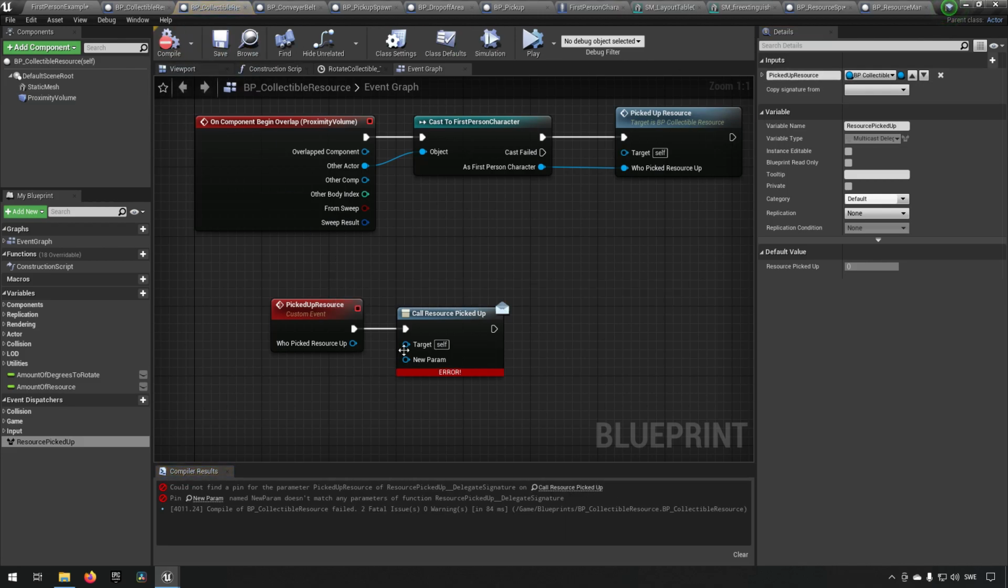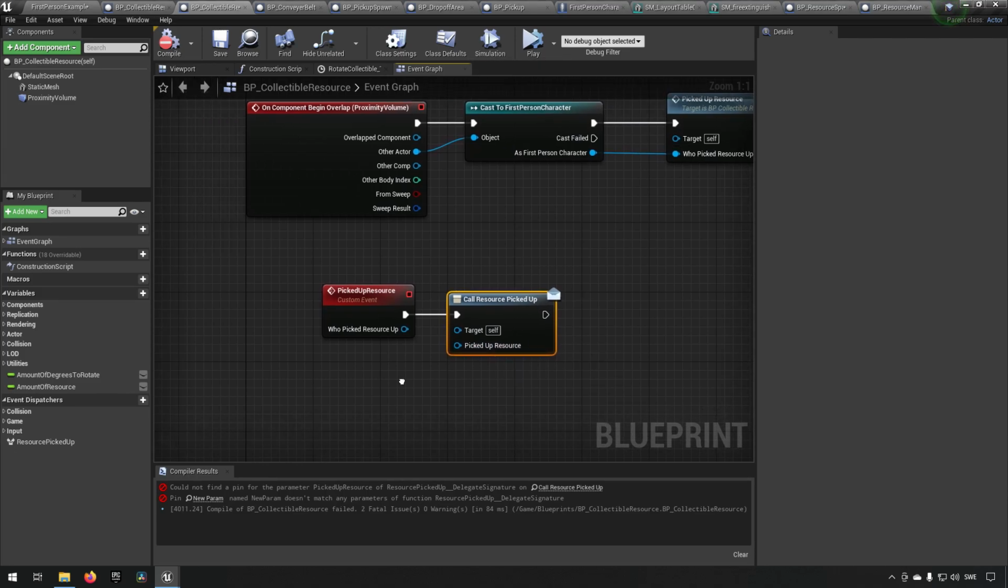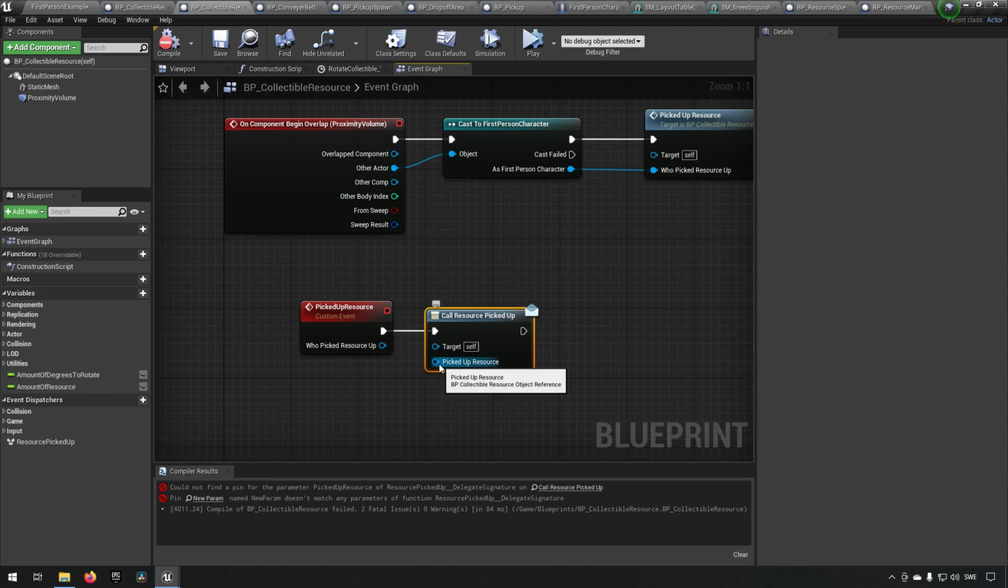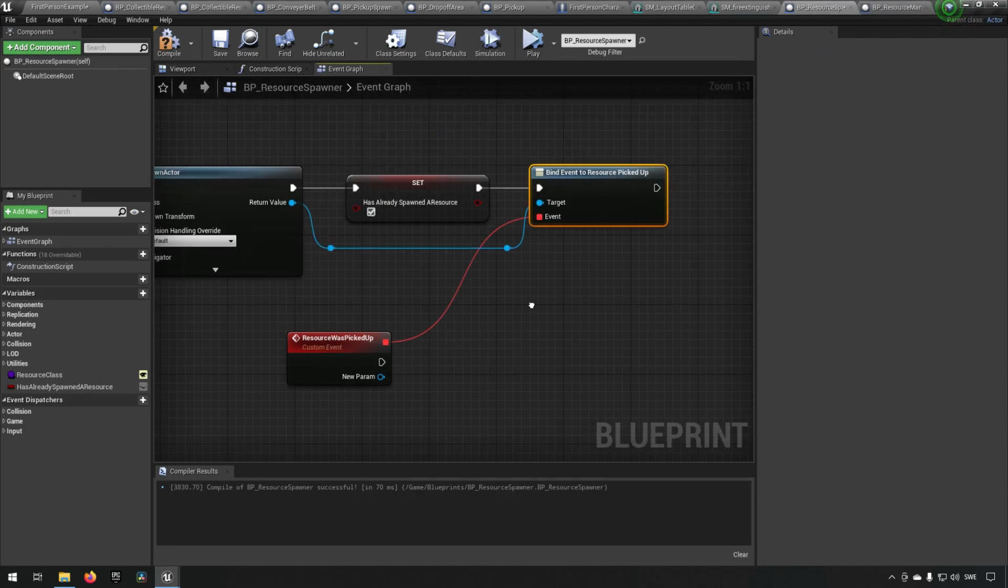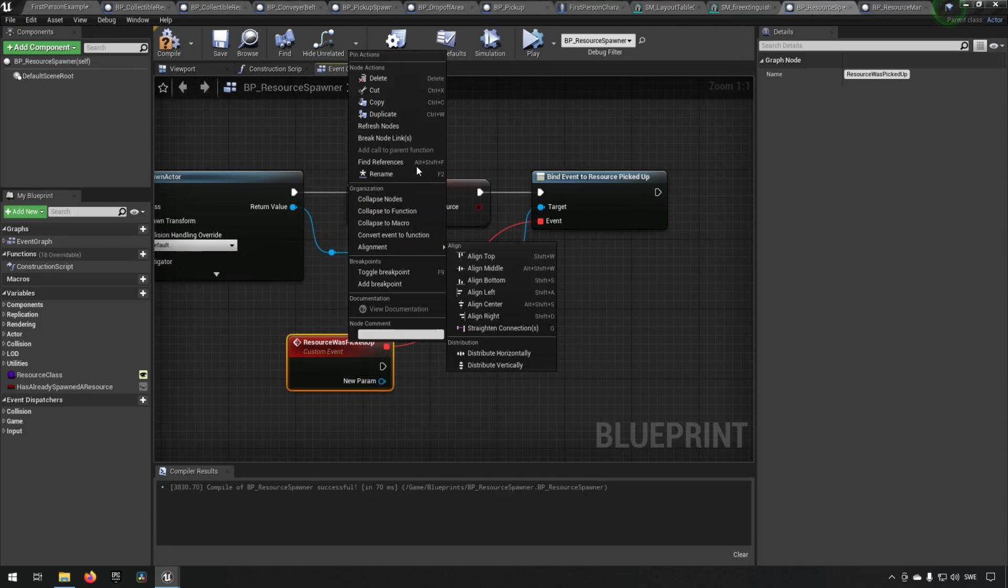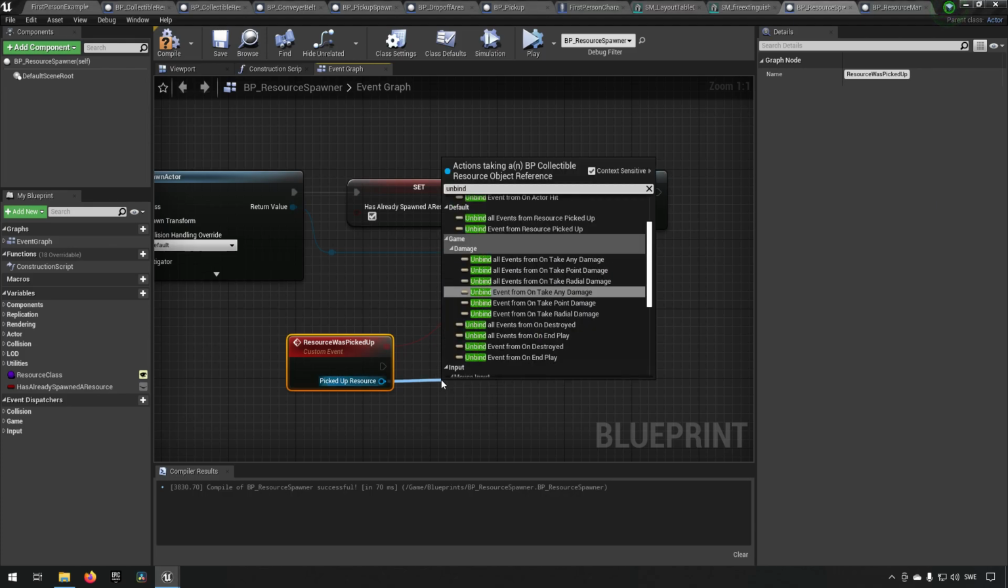And compile, and it gives us an error because it doesn't recognize a signature anymore. That's not a big problem. You just right click on the node and you go up to refresh nodes, and it'll fix that up. And we send in self in here, and we compile and save. So now we're sending that we are the ones who got picked up, which means that the resource spawner now gets the parameter in here, and let's refresh that once we get the proper signature, and then we'll say this one unbind